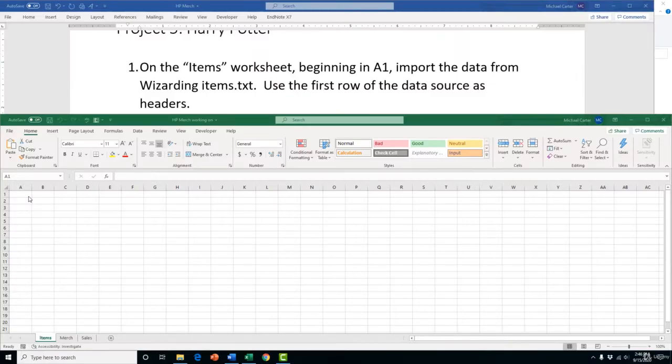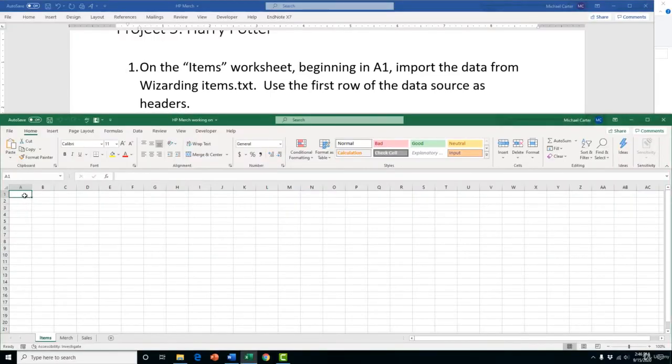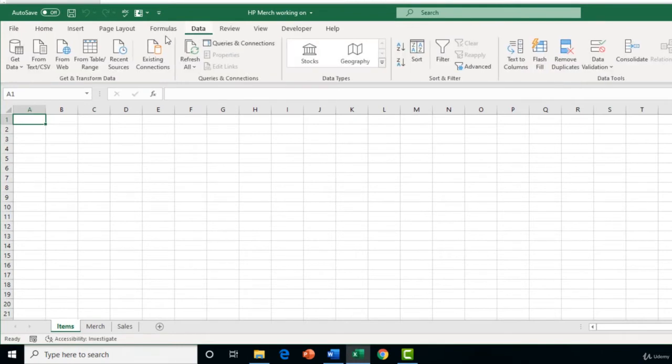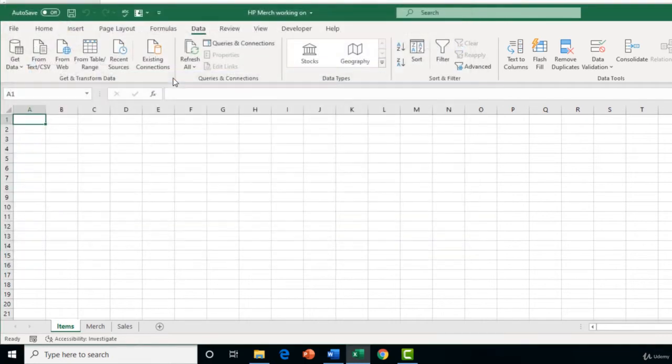For task 1 in this project, we're going to import data from a text file, and then use the first row of the data source as headers. So in cell A1, we're going to click on that cell, then click the data tab, and click on from text or CSV. So click that icon, and then on your exam in your documents folder, you'll see the text file pop up. So I'll double click on that,